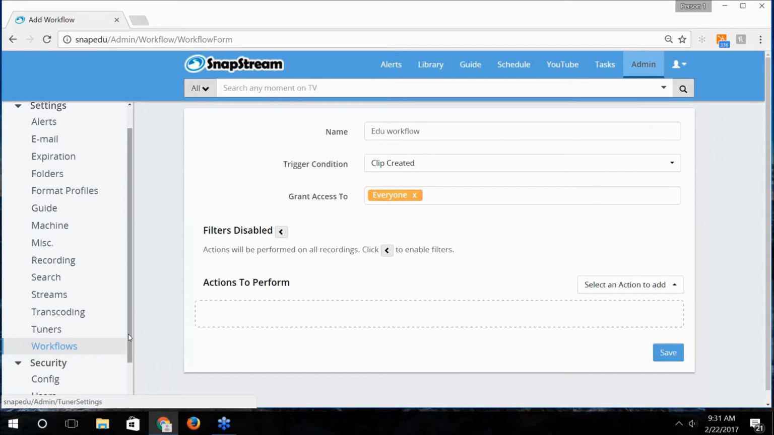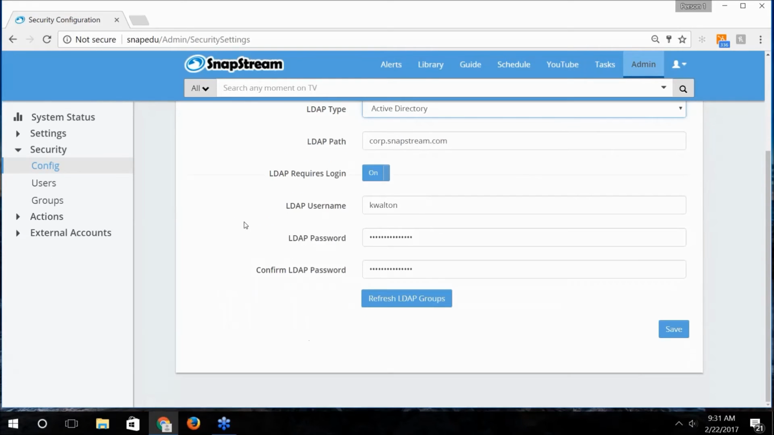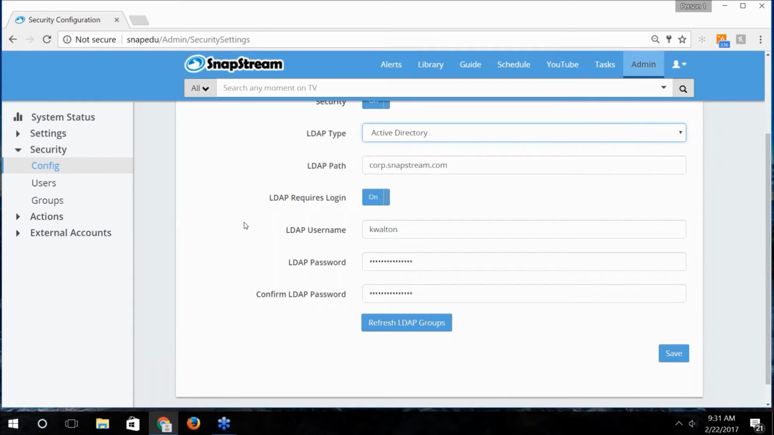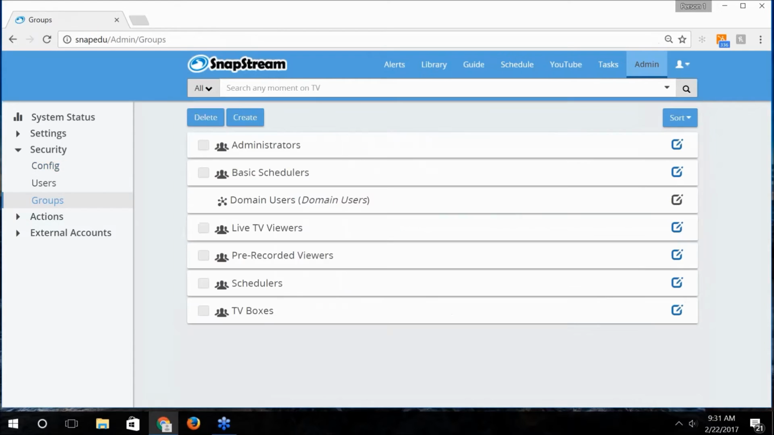Also in the admin section is the security settings. We have integration with Active Directory. And so you could easily set up your permission groups and user access with the end users using their credentials that they're already familiar with. And then you can map those over to subgroups with SnapStream. So if we get administrators here,